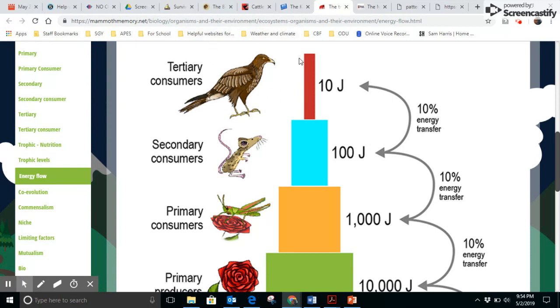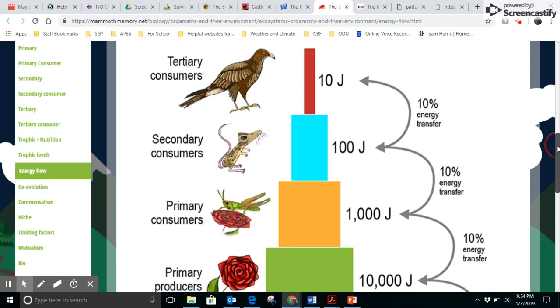The top consumer, there's very few of them because there's just not enough energy from what they're feeding on to support them. As you can see, there's just not enough energy to go to the next level there, so it ends there at that top consumer. So there you have it. That's energy transfer through that system on a food pyramid, and it's important to realize that we're up here, and as human population continues to grow,